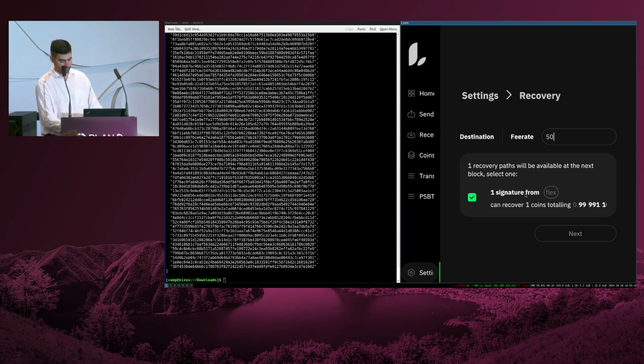Here I have chosen one signature from Flex, so that's the first recovery path, which was under 1000 block time lock. It's not available yet, or?